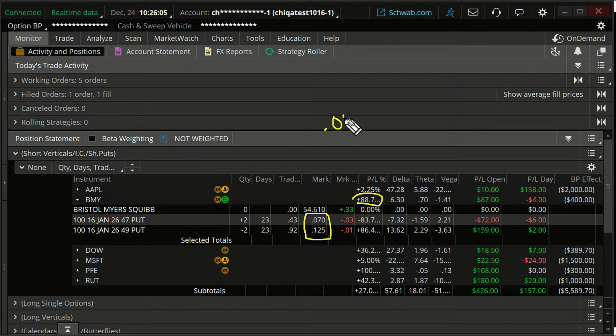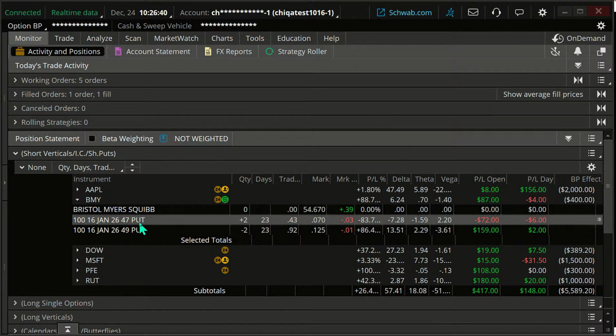How much more can I make on this trade at this point? At best, I can make $5 more on this trade. If these go to zero, if they expire worthless, I'm making $5 more. So I can hold on for 23 days, take up the buying power on this, or I can reallocate that capital to something different. And that may make sense if I can only make 5 more cents on this. So for that reason, I'm just going to close this one out, okay?